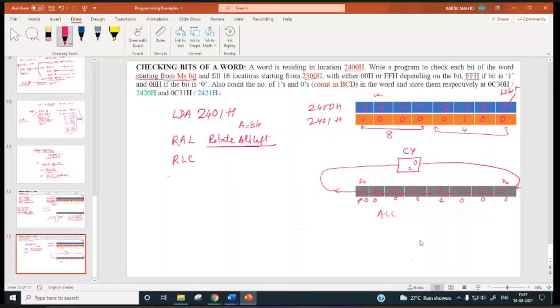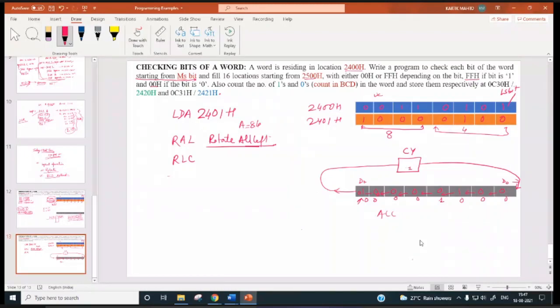In case of RLC, this D7 will go over here, and this D7 will go to the D0 bit also. Carry is not going to come into this register. So if previous carry is there, it will be lost.